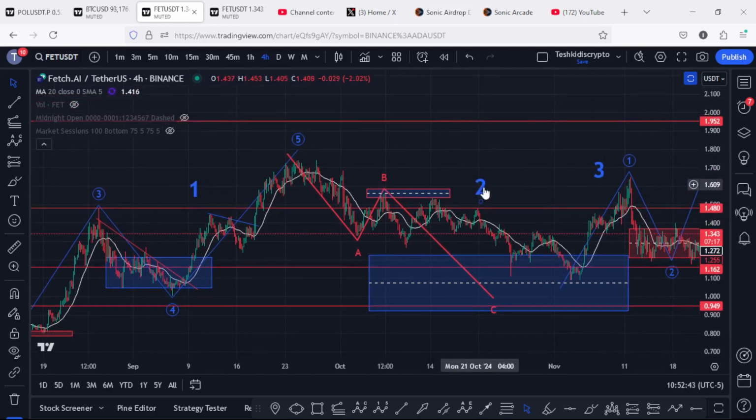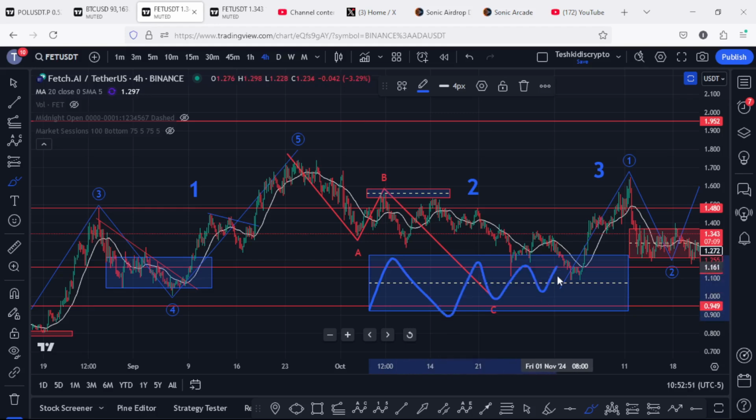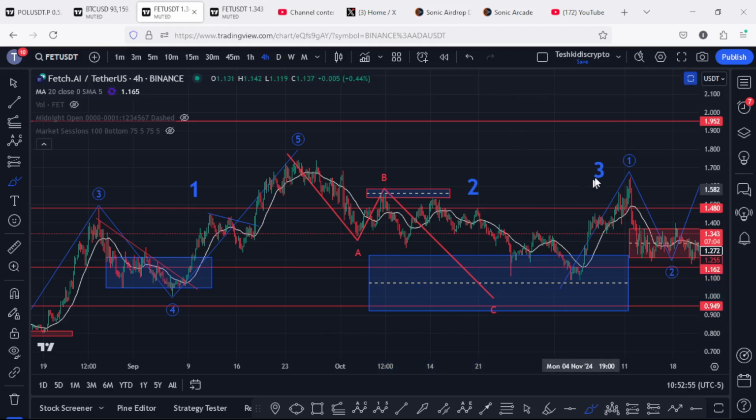Then we started a pullback to the lower side in a wave 2 into the minimum target areas for the second wave, highlighted on the charts using this blue target area, an area that we fully maximized, and also gave us a reaction to the upside in what I believe is the start of an even larger Elliot wave count